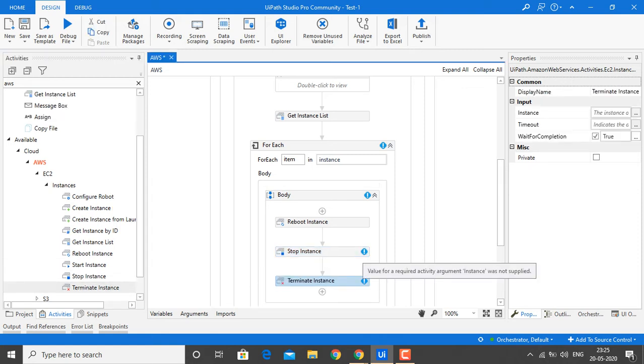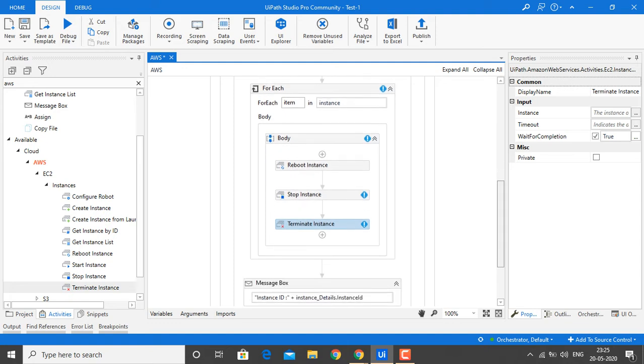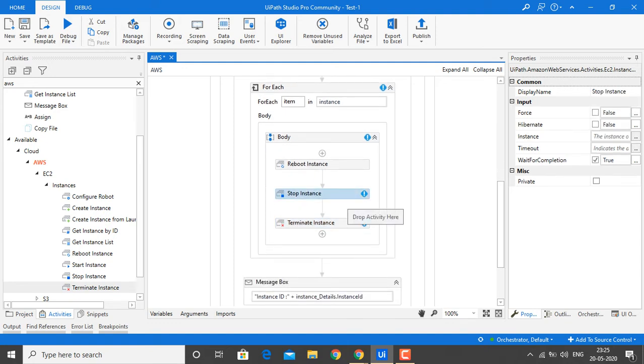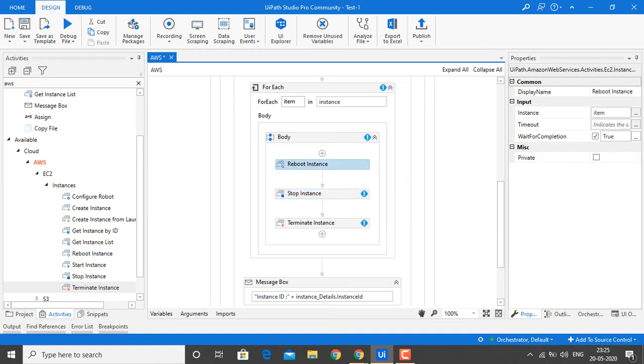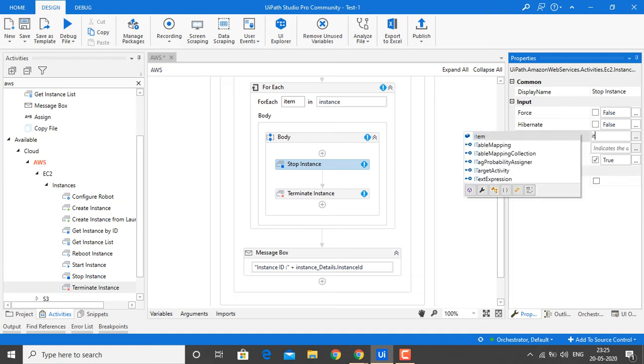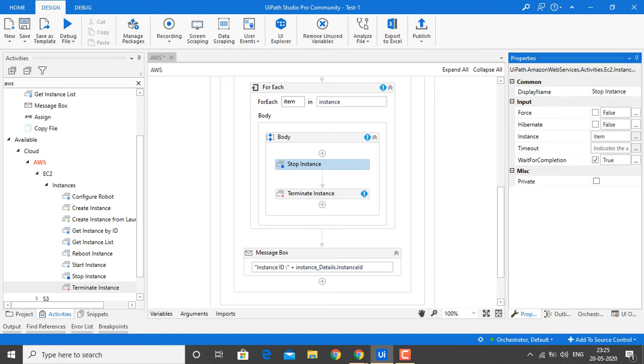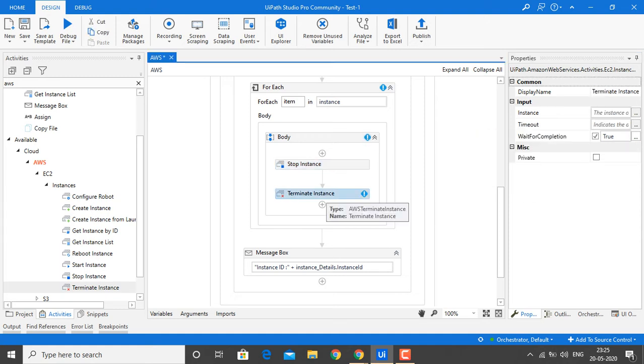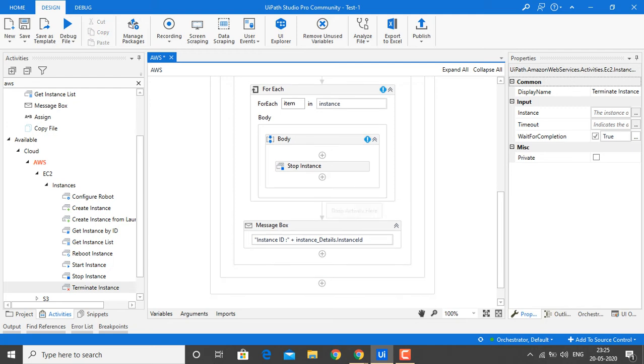We can provide multiple activities as required. Right now I will show you one by one. Right now I am taking a Reboot, or we can take Stop Instances, so that we can get to know whether this worked or not. Here I am providing my instance name as item. I will show you Terminate Instance after the completion of Stop Instances.